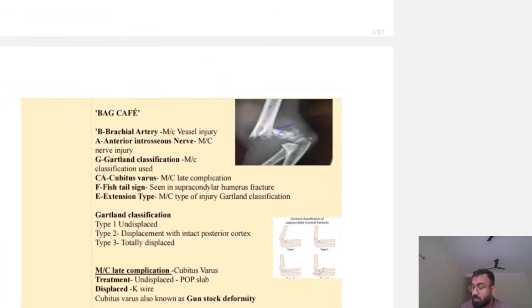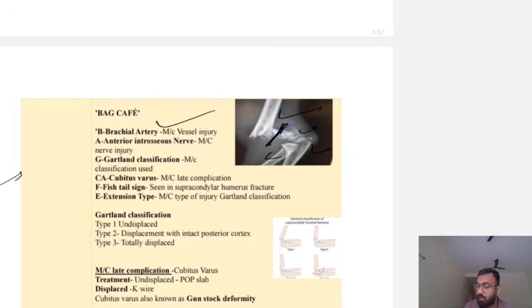Now this is the supracondylar humerus fracture. So you can see proximal fragment is going anterior. So anterior there is only one vessel. Supracondylar means the fracture is above the condyle. At this level, this is the condyles in humerus and this is the fracture at this level. So you can see this is radius ulna, this is distal fragment of fractured fragment, this is proximal fragment. Because proximal fragment is going anterior, there is only one vessel which can be injured, that is brachial artery. So it is the most common vessel injury.